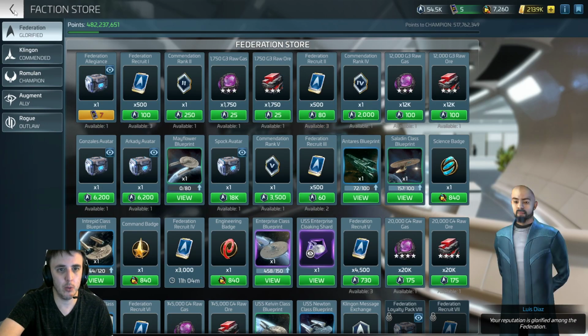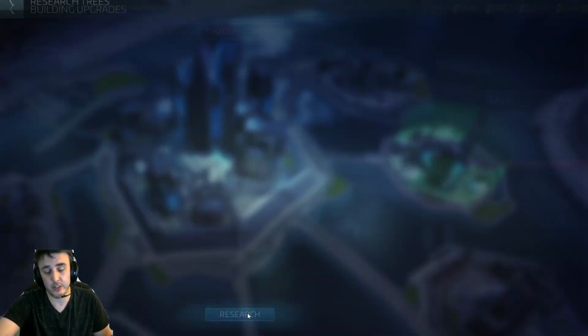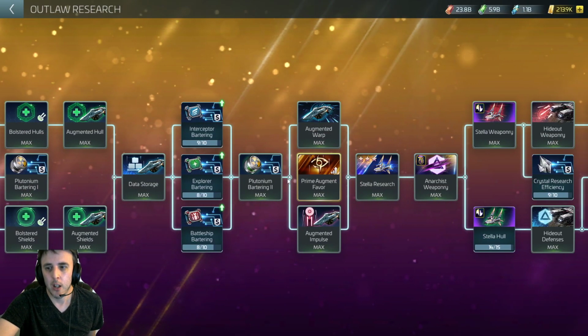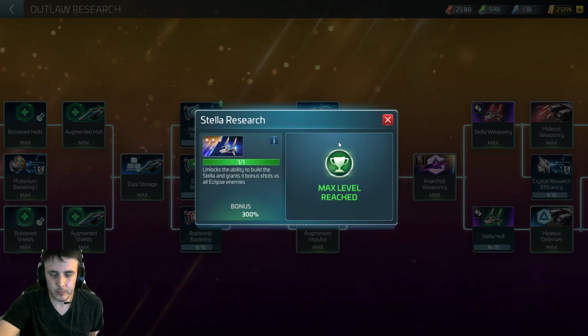Faction research. Nope, nothing going on there with factions. More researches, because that's where this whole section seems to go. The outlaw tree. The Stella research is right here. This is what you need to hit in order to be able to unlock the Stella and build the ship